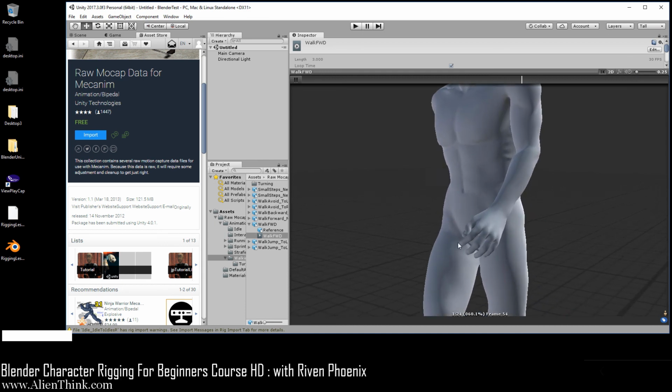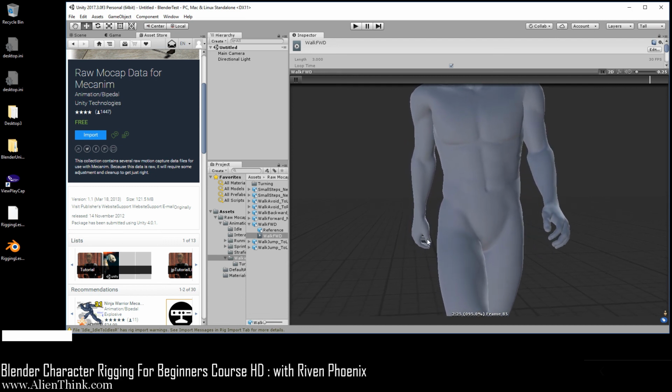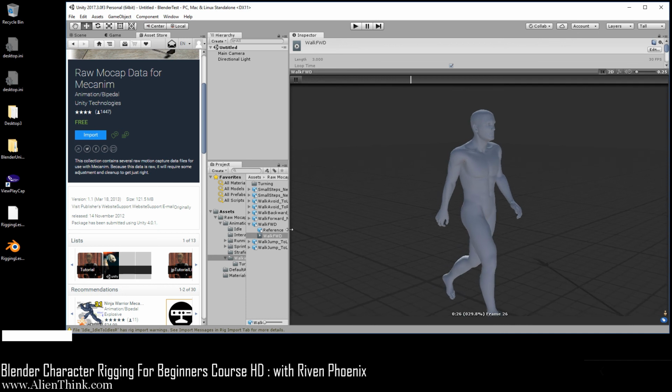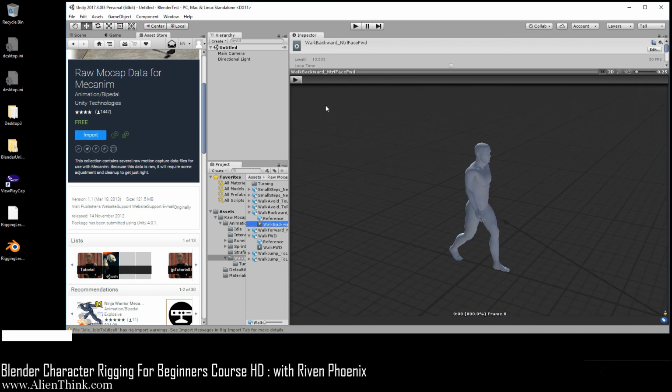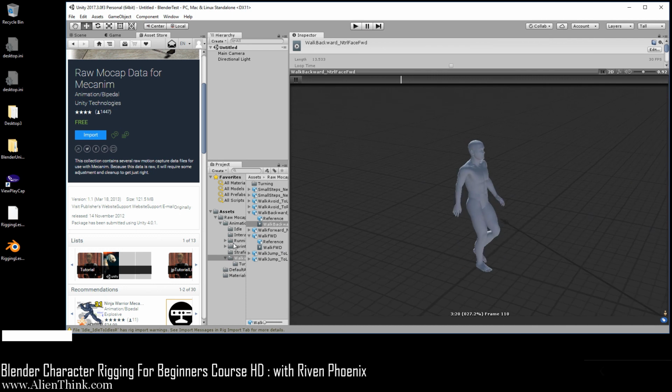Now remember, what you want to do is slow this down. Now you'll see that why we did the thumb like that is because of how it imports into Unity. Okay, so you can play around with this all day. So you can click over here, now click this, and test out different animations.